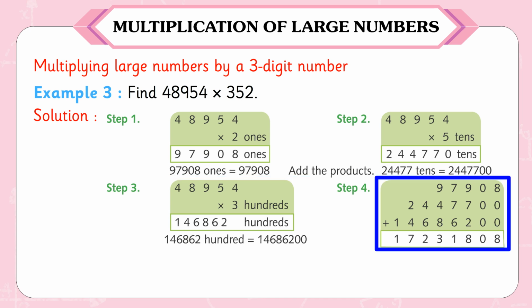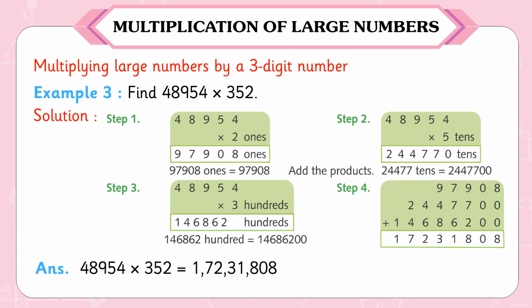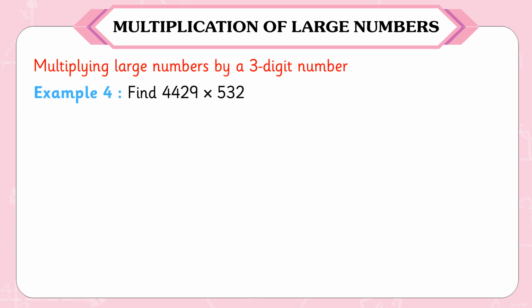Step 4. 97,908 plus 24,47,700 plus 1,46,86,200 is 1,72,31,808. Answer. 48,954 into 352 is equal to 1,72,31,808. Example 4. Find